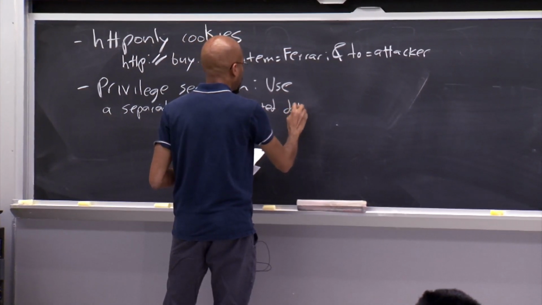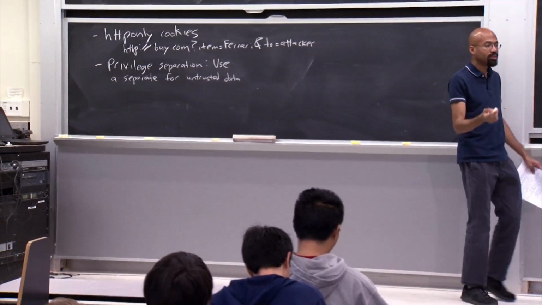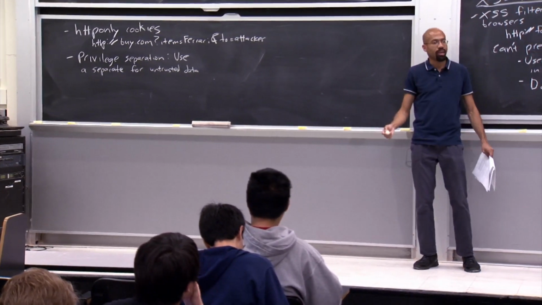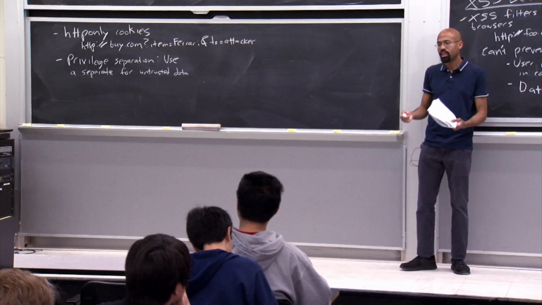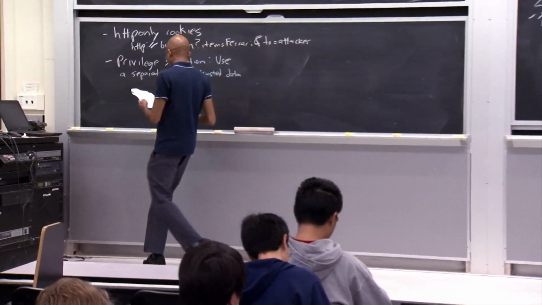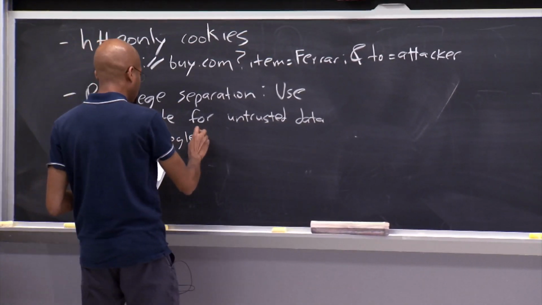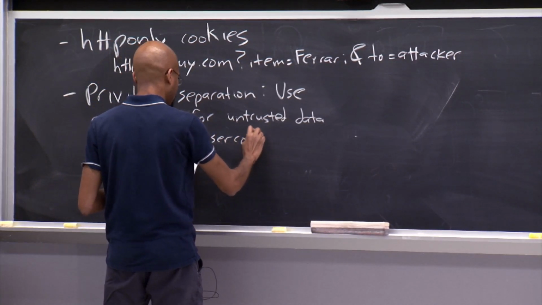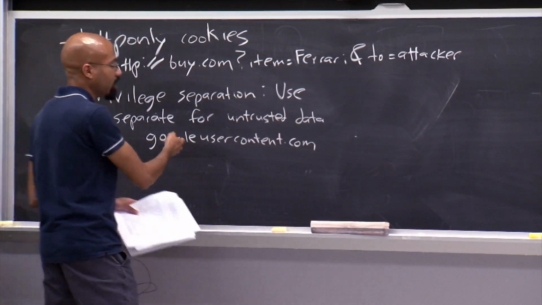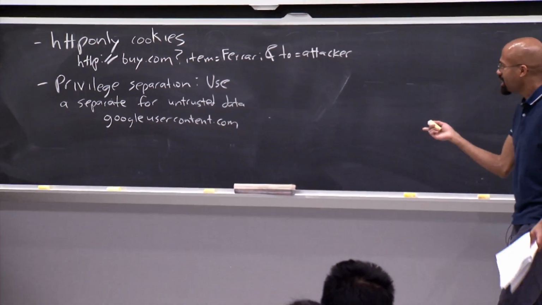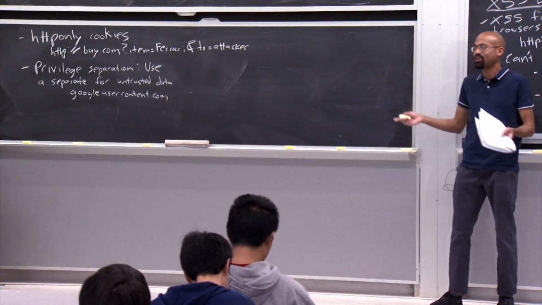And so, for example, a lot of the online service providers for things like email or online productivity suites, so think like Google Docs, Office 365, and so on, actually use a separate domain to host user-submitted content, right? Google, I think, still uses this. They used to put all the stuff that users submitted into a special domain called Google User Content.com. And here they would put things like cached copies of pages, your Gmail attachments, and things like this. At least as of a year or two ago, this was one of the top 25 Alexa visited domains, right? Because Google services were so popular.